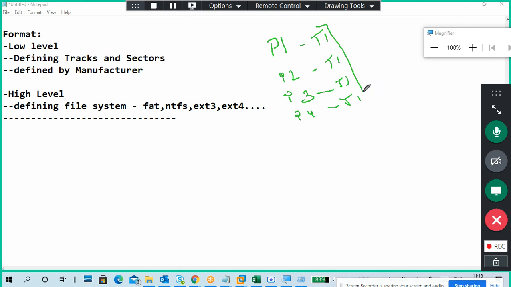All these track ones combined we call a cylinder. Again, platter 1 track 2, platter 2 track 2, platter 3 track 2, platter 4 track 2. All the tracks across each platter combinedly are called cylinder 2. This is cylinder 1, this is cylinder 2.